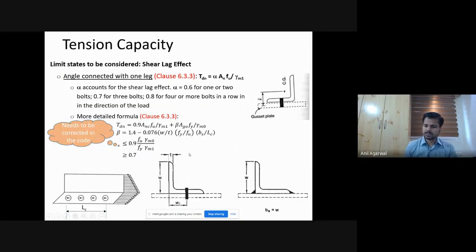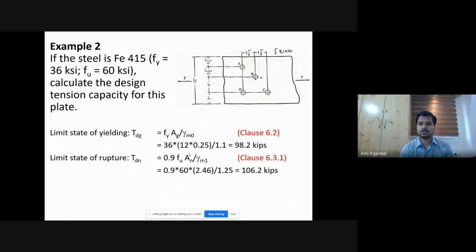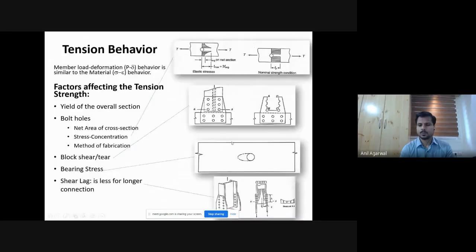And these expressions for shear lag are readily available only for angles that are connected with a single leg. For other members, say you may have an I section like shown here. In this particular case, you have one I section which is loaded concentrically, but it is connected not uniformly. It is connected only through the 2 flanges, and some portion of the web will not be loaded. So if you are looking at tension capacity in this particular case,